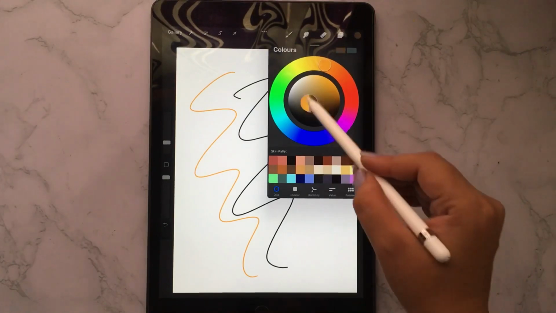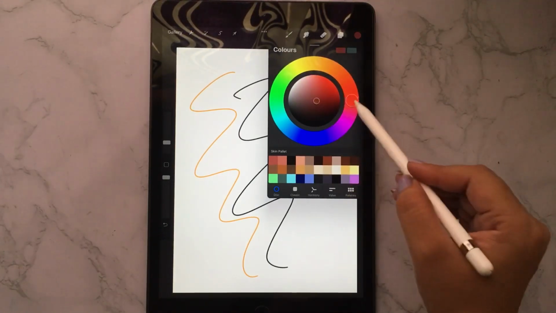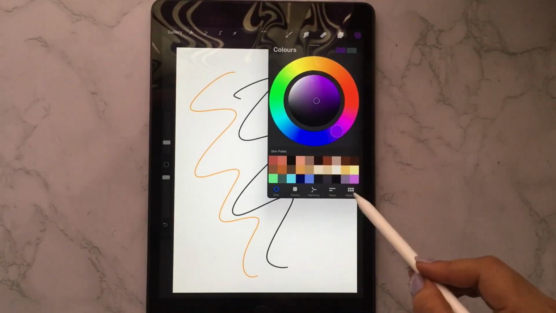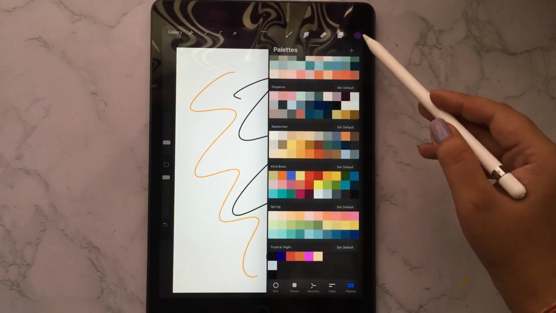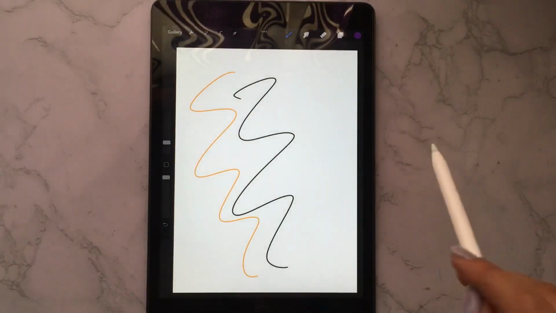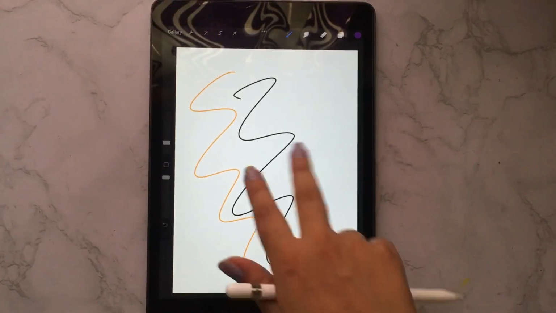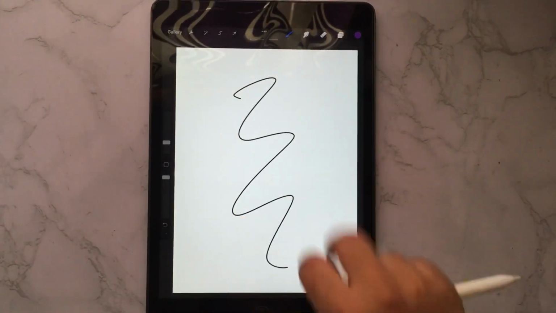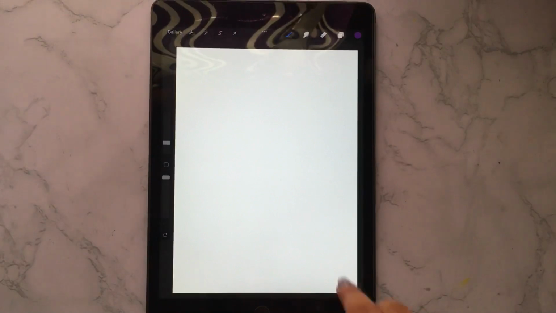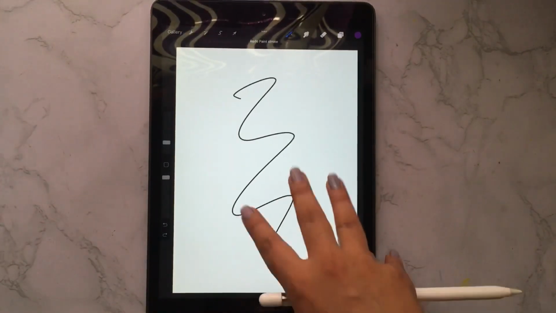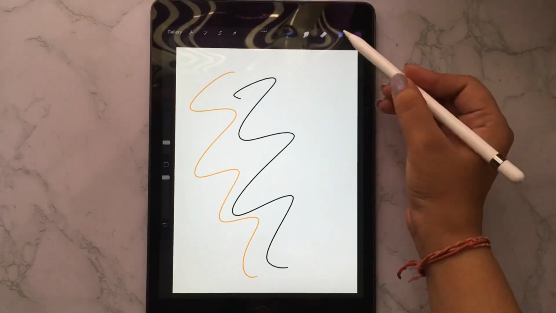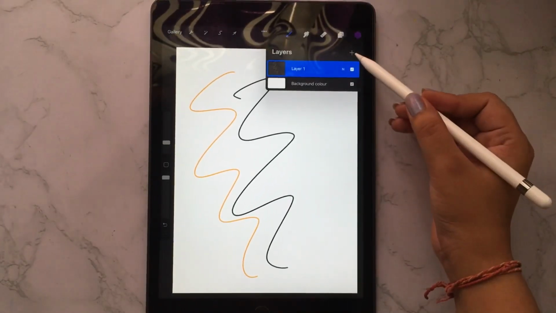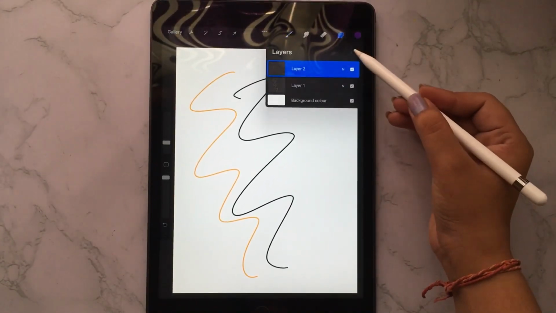You can always make your own colors by sliding like this, and you can also download free color palettes, which I'll let you know at the end of the video. And you can undo this by tapping with 2 fingers, and you can redo this by tapping 3 fingers on the screen. And in Procreate you have to work on layers, so you can create many layers into it.